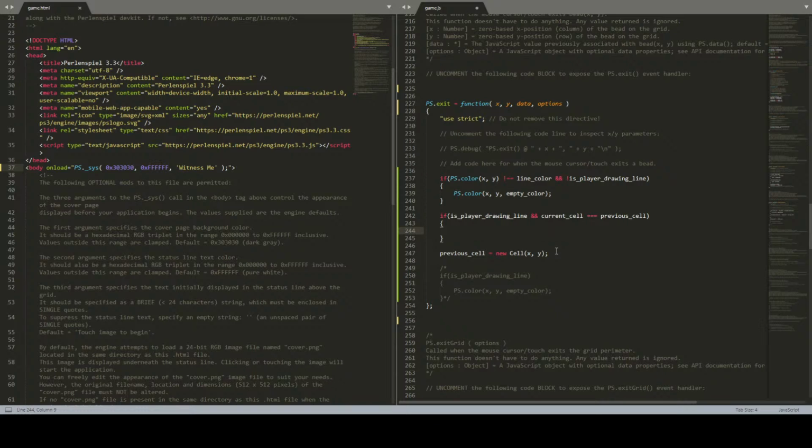So I think at least, current cell equals previous cell. If that's the case, and we'll see if that actually works, then we want to assign the empty color, because it's when we exit, so that's fine. So if it's different than line color and player is not drawing,